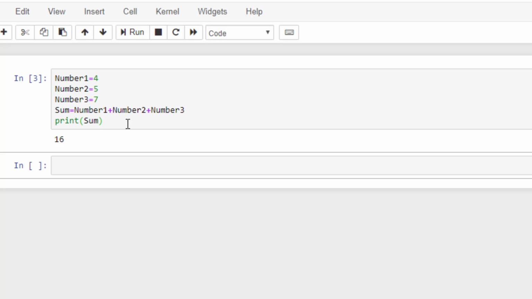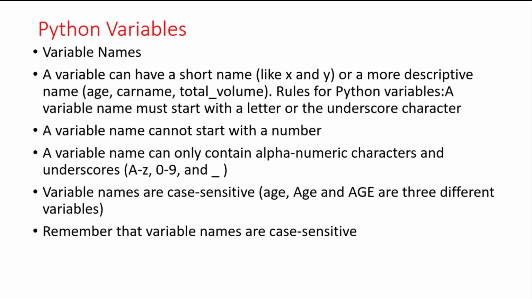Now, what are the constraints for naming a variable? Let's find out. These are some points that you should keep in mind while naming a variable. A variable name can be a short name or a more descriptive name, such as x or y or age, car name, total volume.